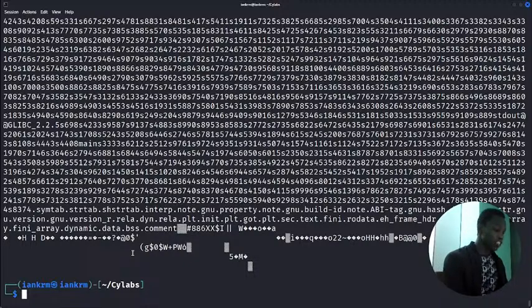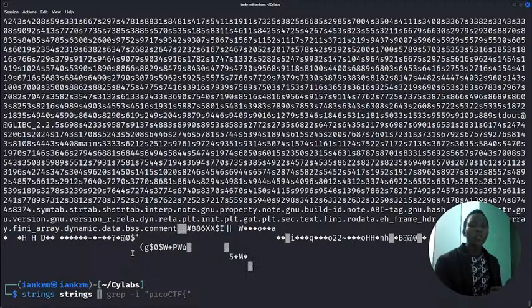So let's do strings, and then select our file, strings again. Now we are going to pipe this command into a grep command again, so that it helps us identify the specific values that we need for our flag. So let's pipe our command into grep